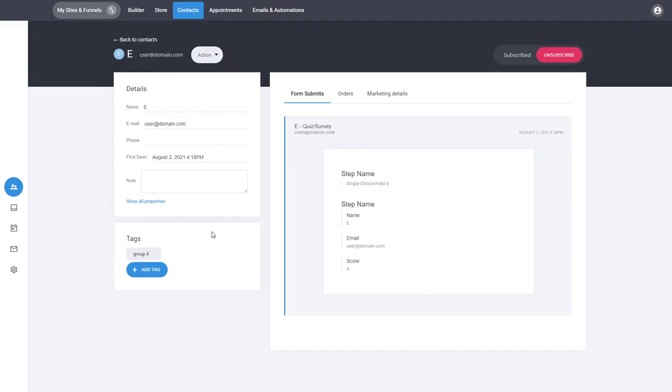So this is really cool, and this is especially useful for the email marketing and the automations that we'll be looking into in the next video, basically how to connect your quiz to the emails so that you can start blasting them different campaigns, different emails, and do different things with those users. So this is how simple it was to create our